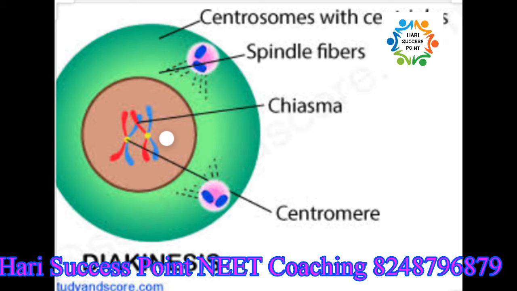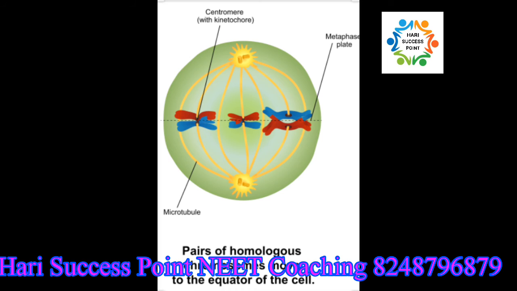In metaphase 1, the chromosomes move to the center of the cell and get arranged in a single metaphasic plate or the equatorial plate. The microtubules from the opposite poles of the spindle attach to the pair of homologous chromosomes. In anaphase 1, the homologous chromosomes separate while sister chromatids remain associated at their centromeres.